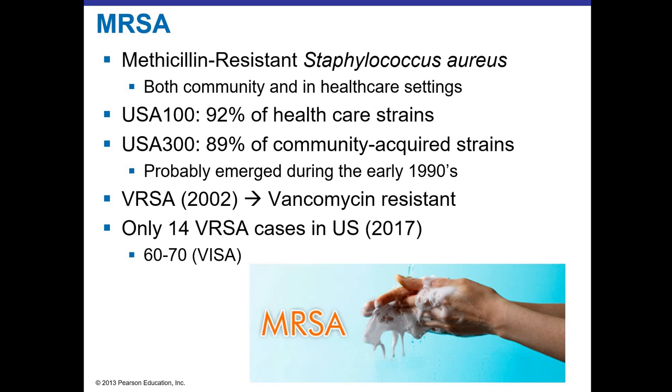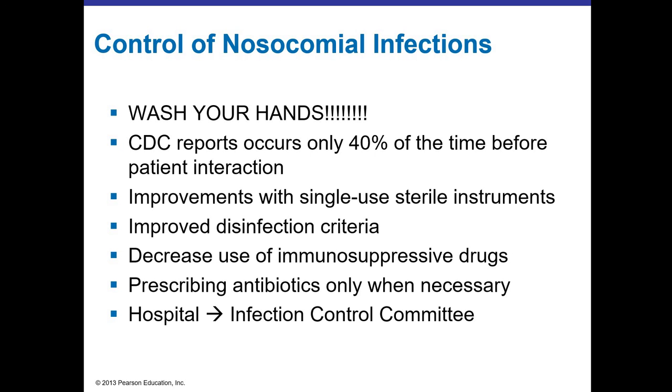We are also starting to experience the vancomycin-resistant strains, or the VRSAs. We have only had 14 of these VRSAs in the United States so far. However, this is problematic because vancomycin is considered to be the last line of defense. If we can no longer treat, then we're going to have a major problem with the number of Staph aureus that are out there. We see more than a handful of what are the VISAs, the vancomycin-intermediate resistant strains, but again, these are starting to emerge.